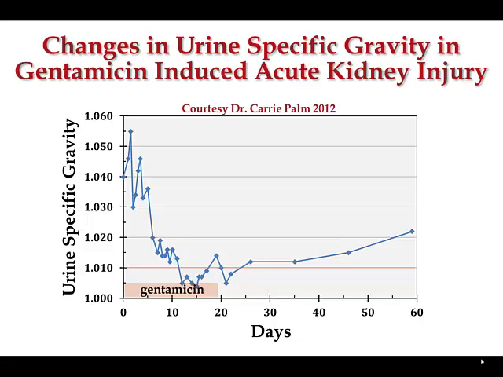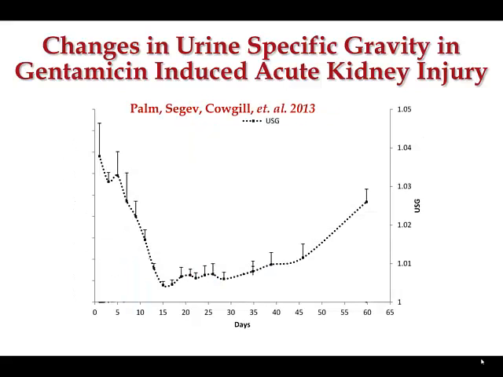And so if you're following trends in urine-specific gravity and you see it goes from here down to here in 2 or 3 days, that could predict that your kidney is not working very well. And obviously, as you start to regain concentrated function, that can help predict that the kidney is repairing. The previous was an example from one dog, but when we look at all 5 or 6 dogs that we had in the study, we saw very consistent trends. Urine-specific gravity, when it's not compromised by other interventions, is reasonably predictive that this kidney has been damaged.